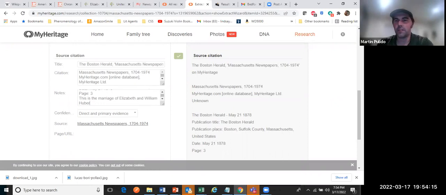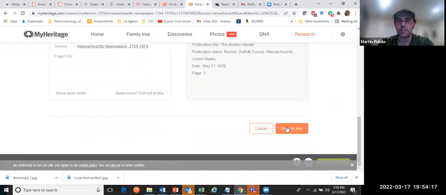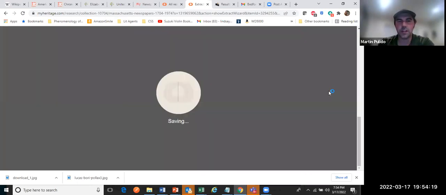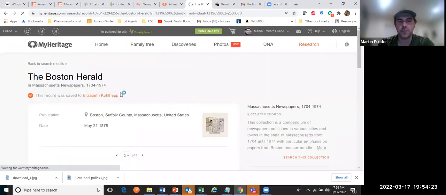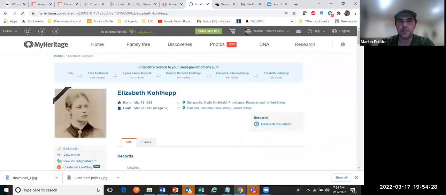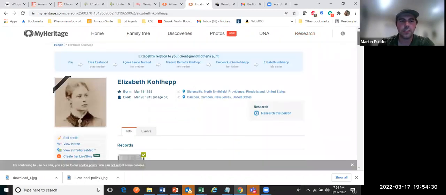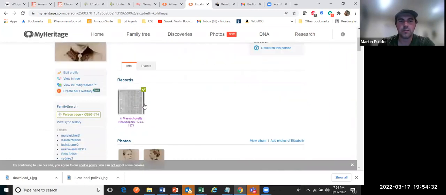Whatever else you want to write, right? That you think is valuable. And then you can save it to your tree. And now it's going to be saved to that ancestor of yours that you had within MyHeritage. So I think that's a neat feature of MyHeritage. Does it pretty well. And you can see it's got the record that I put right in there.